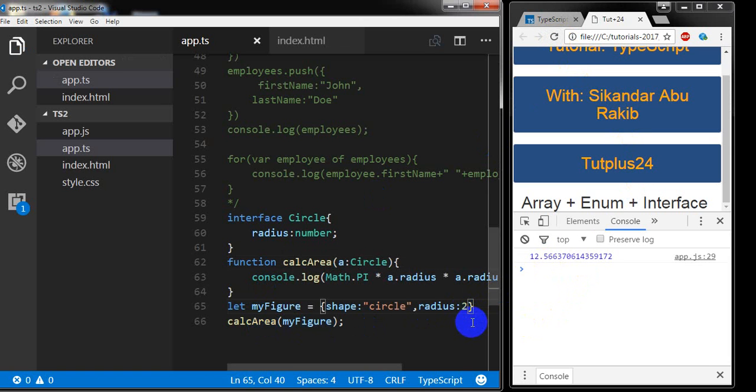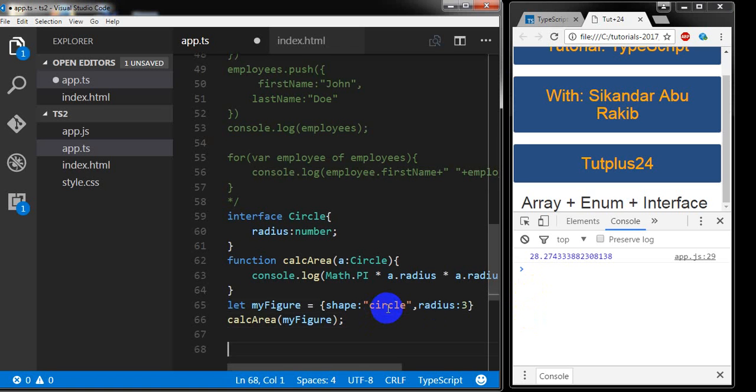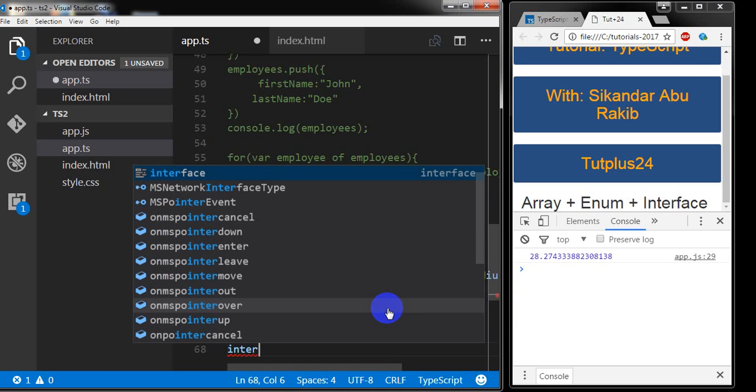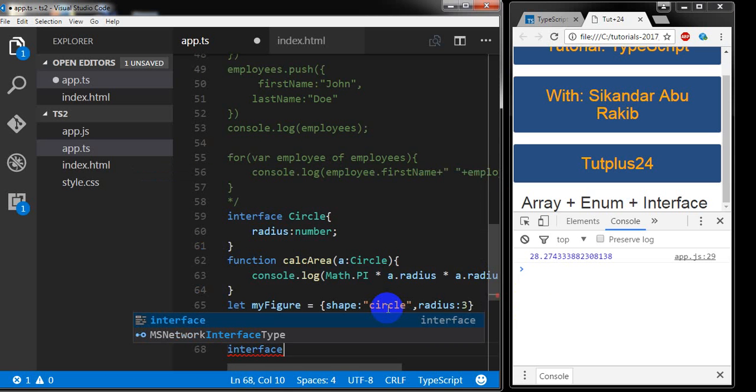If I change this value to 3 and refresh it, we are getting this value. Well, this is the thing that we can use in our function, the interface we can use in our function. And the last thing that I want to mention, if I write interface Point